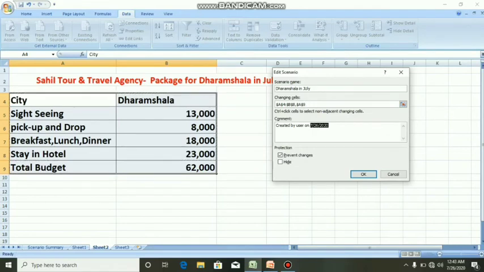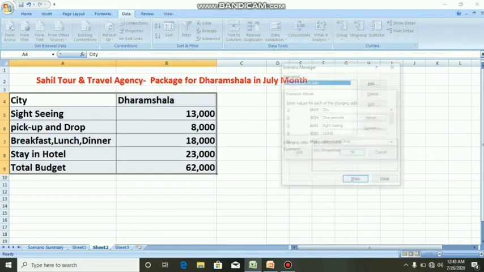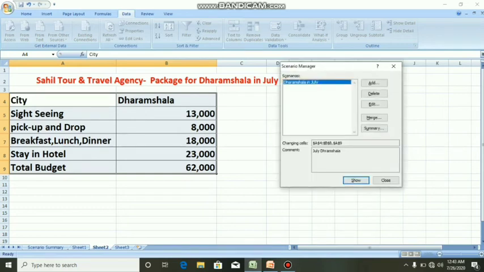In the comment section, if you want to type, you can type July Dharamshala. Okay, click on OK. Make some changes. All the changes we already typed. There is no updation. Click on OK. Now click on close button.